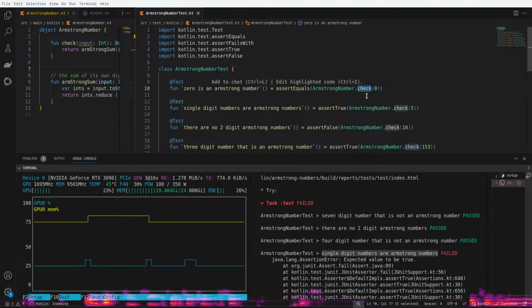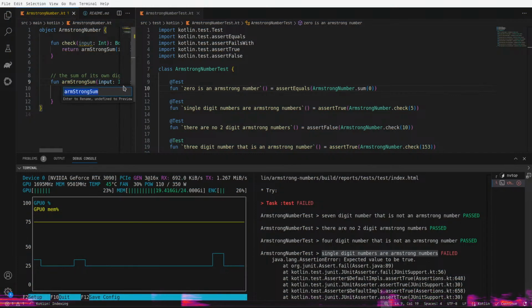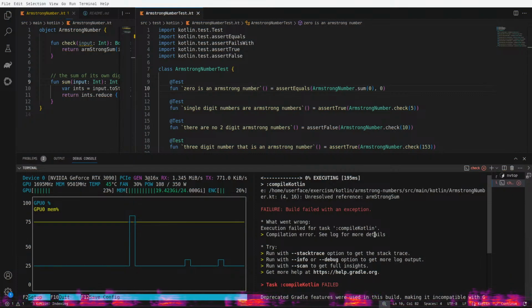Armstrong number sum, right? Fine, we'll do it by hand. Armstrong number sum 0, comma 0. That's a test that I like,